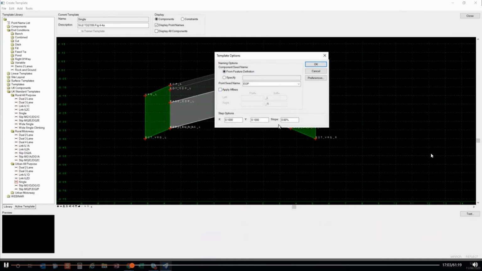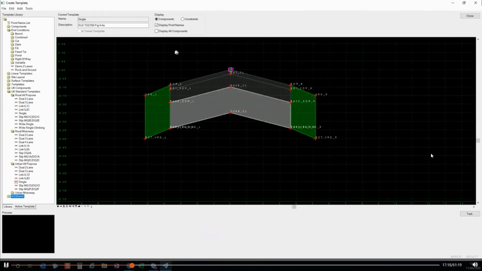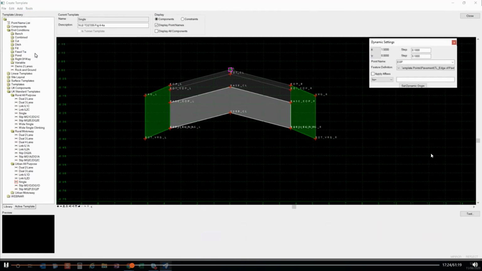And the last one is the grid, to define the dimension of the grid to help you create your elements. To start with, I will unlock it. I will explain to you after a while. And the last thing we want to have is the dynamic settings. Basically, it's a